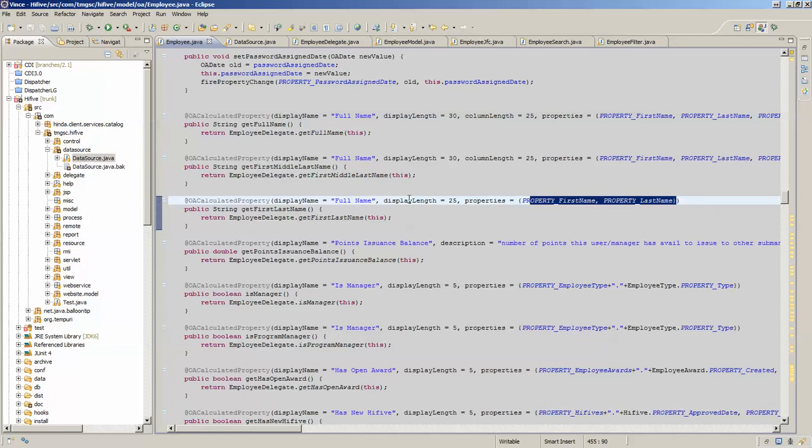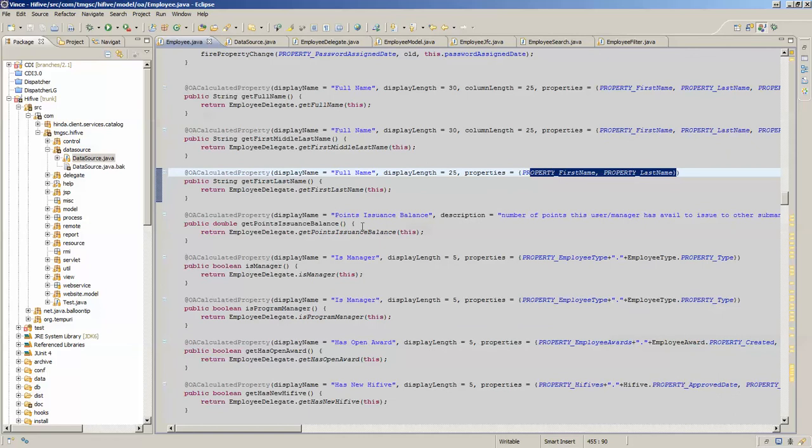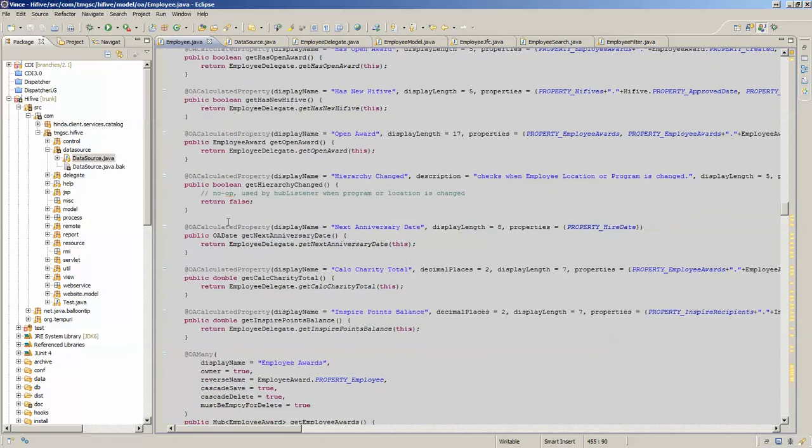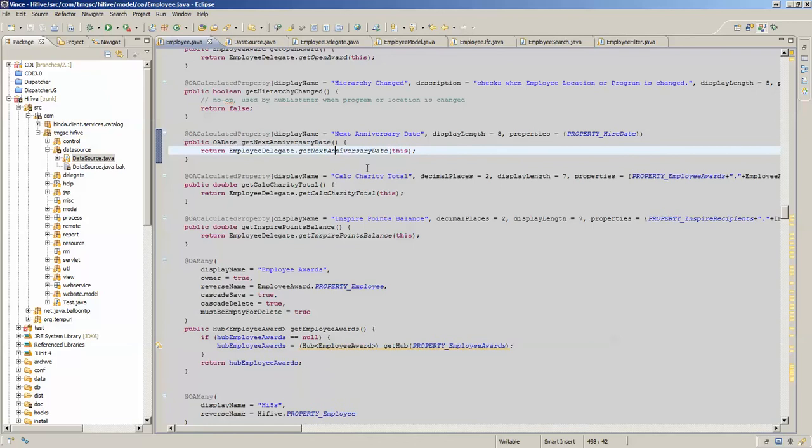There are features for observability built into it that use reflection and metadata type information through annotations, which allow it to do this automation for us. So we have a list of all the calculated properties, with their dependent properties, all defined here, and the actual code that gets called when this happens. If something changes, an event goes out, just like any other